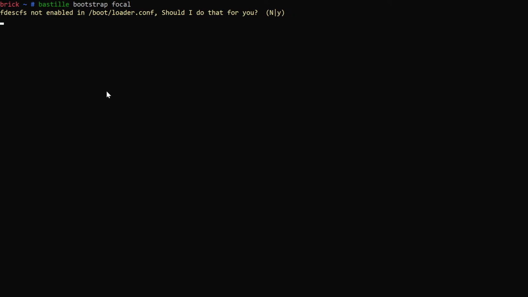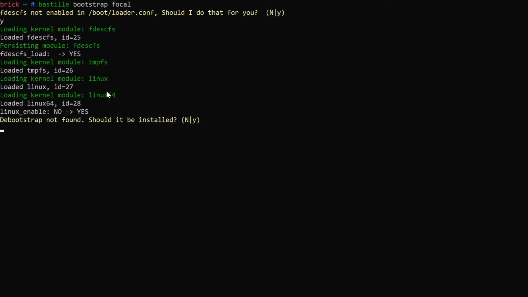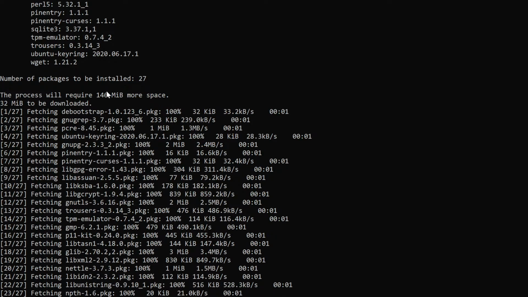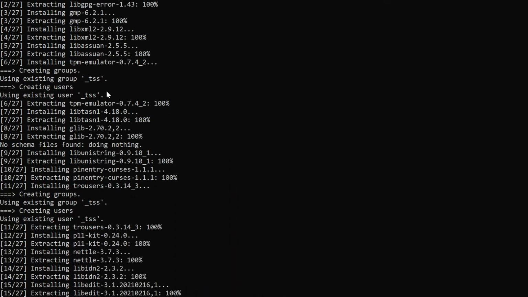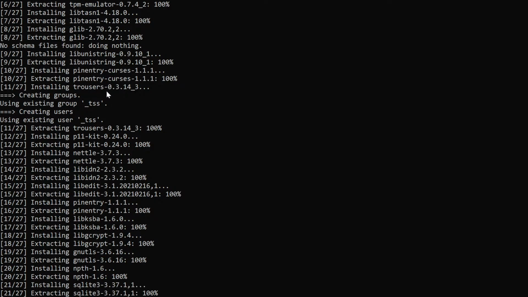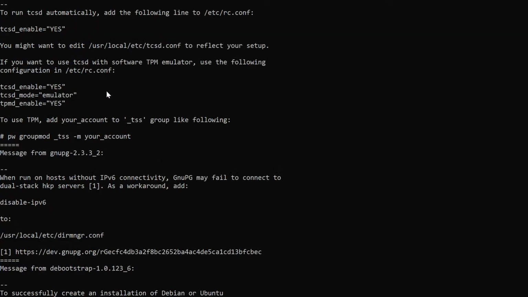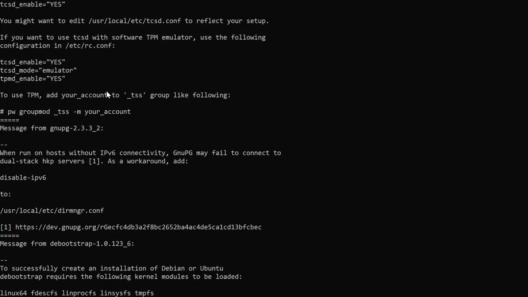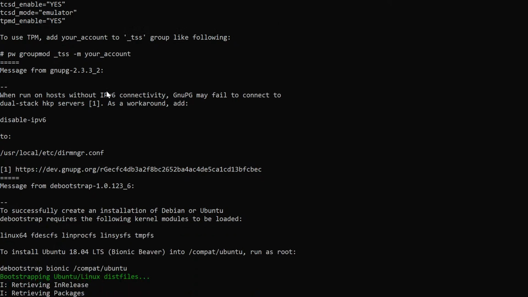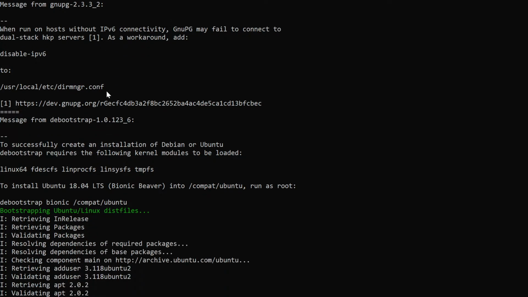Now, if this is the first time that you've done this, it will prompt you for a couple of things. Hey, you're going to need a couple of config items set up for this to work properly. Do you want me to do that for you? So we'll add these. We need the debootstrap package as well. So it will download that for me through my package manager. And then it will start using debootstrap to go grab all of the required packages for Ubuntu